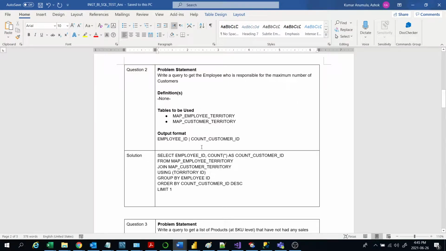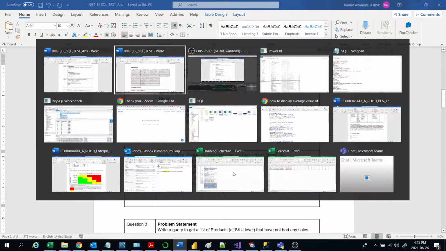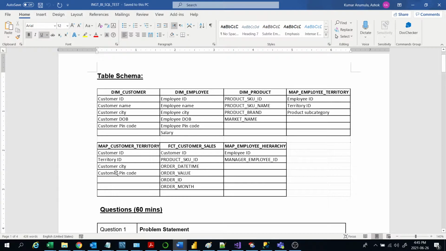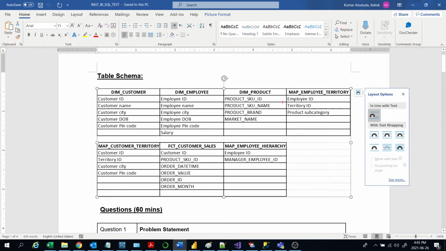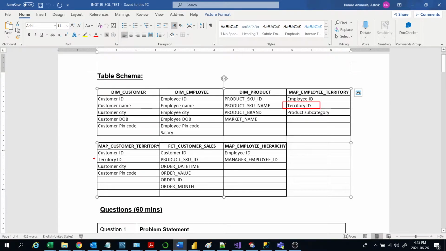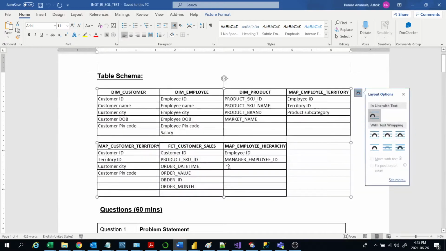First take the employee territory and customer territory tables and merge them using a join, on the territory ID, which is common to both tables. This is the territory ID here and this is the territory ID here. So this is a common column on which we are merging the tables.